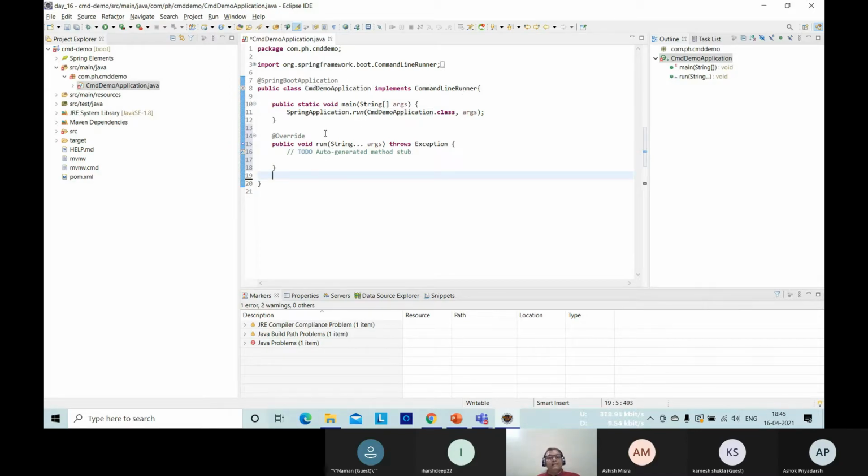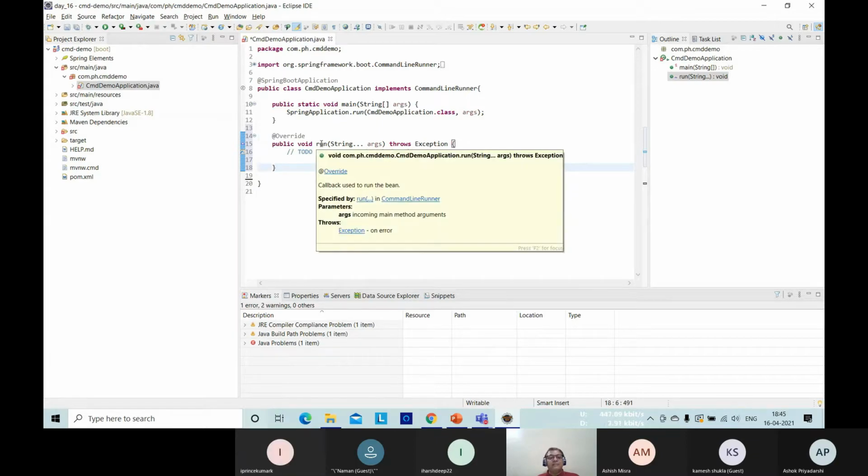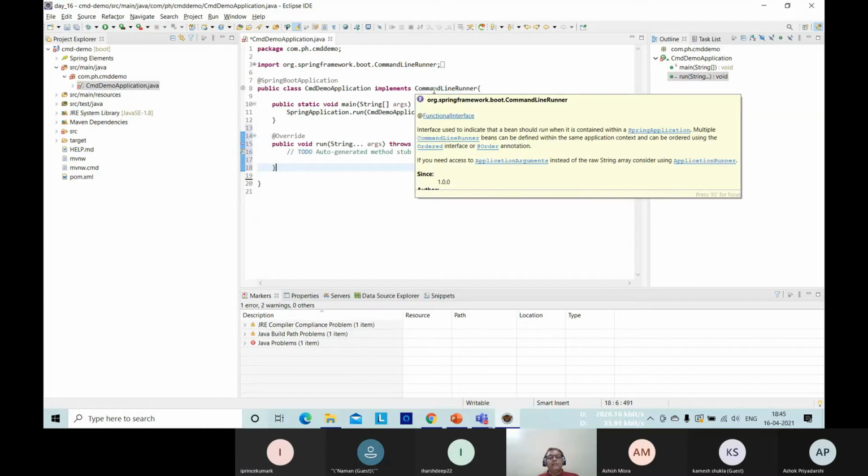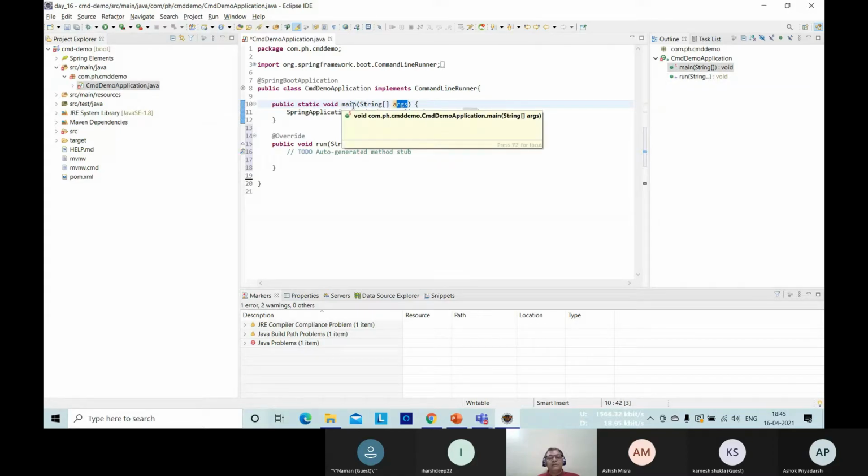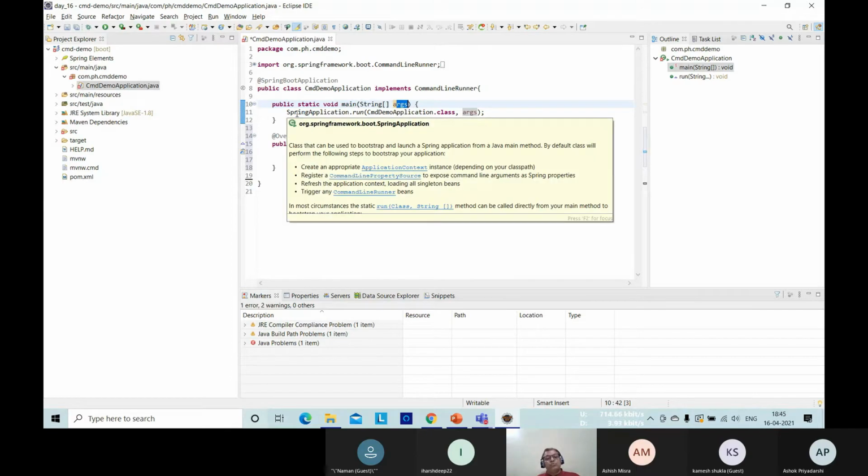So CommandLineRunner has the run method, and that method is being overridden over here. So we are overriding, in fact, the run method of the CommandLineRunner interface. The argument which is received at the args variable of the main function is basically passed to the Spring application.